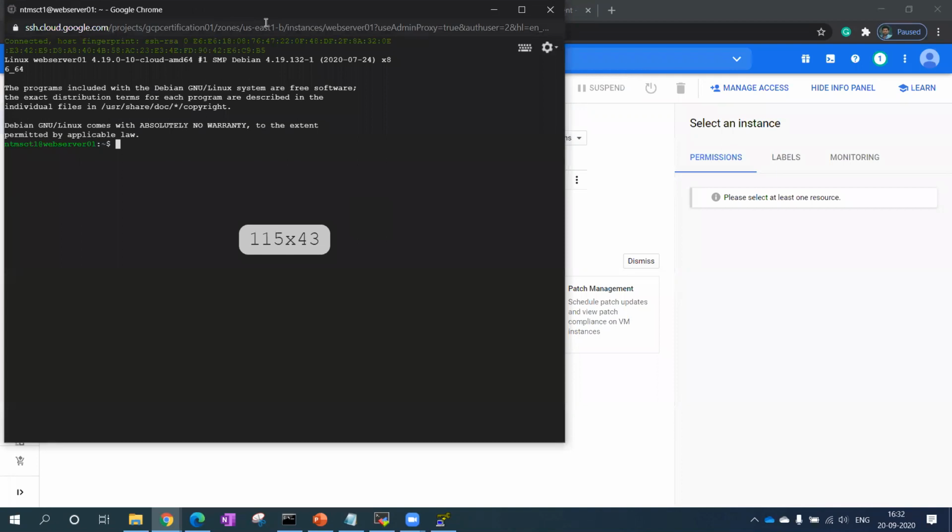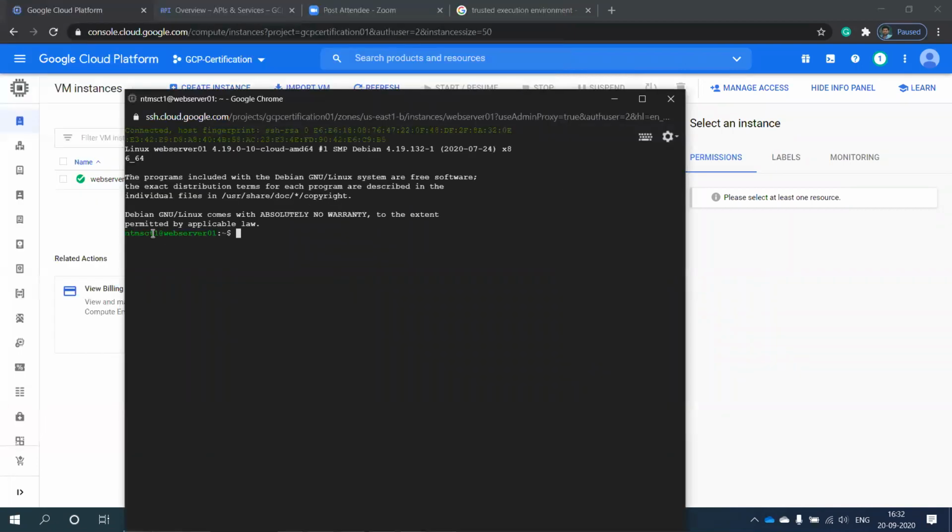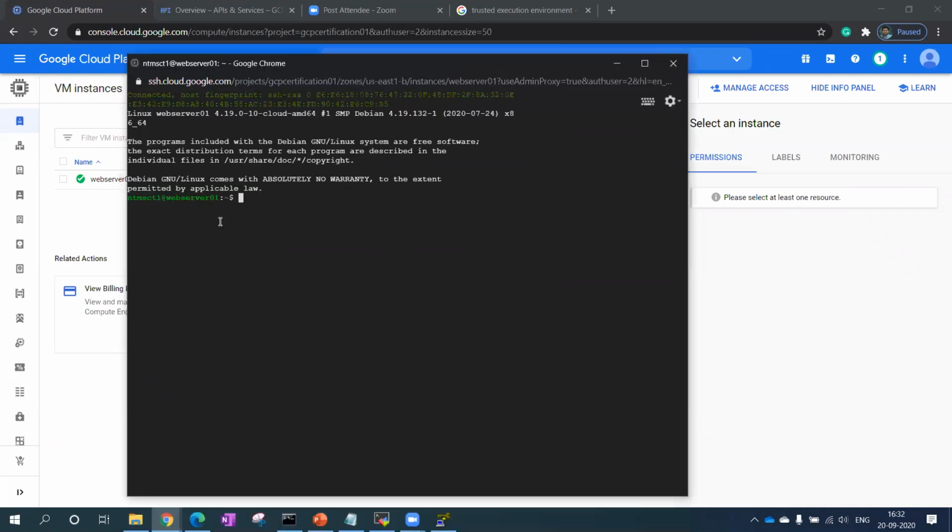You can see the name right now, it is NTMS-CT. This is actually my Gmail ID. By using this ID, it allowed me to log into the VM. I haven't created any kind of key right now, but still it is allowing me to do that.